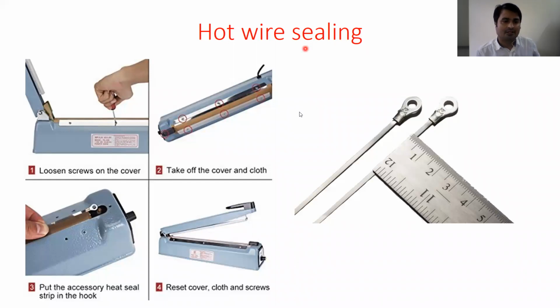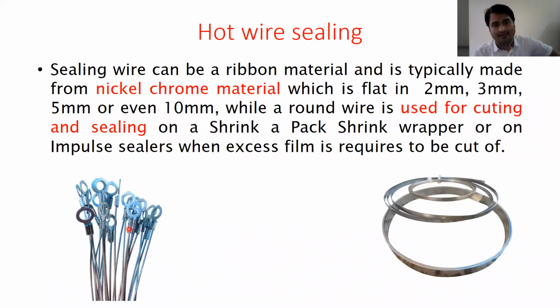You can see this is made up of nickel. This hot sealing wire has different dimensions: 2 mm, 3 mm, 5 mm, over 10 mm. So this wire, you can see, will basically be heated and it may cut our packaging film. So generally this sealing, the shrink packaging or pack shrink wrapper or on an impulse sealer, when excess film is required, that has to be cut off. So shrink packaging, you know,